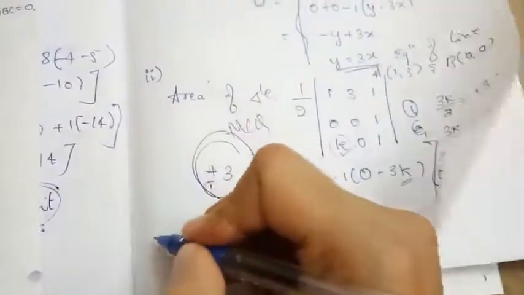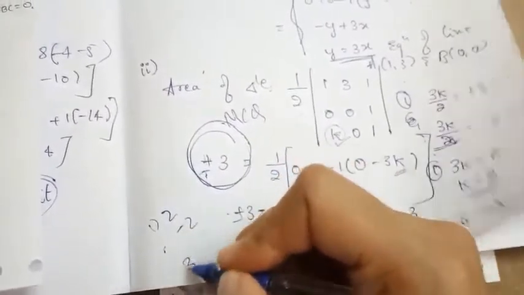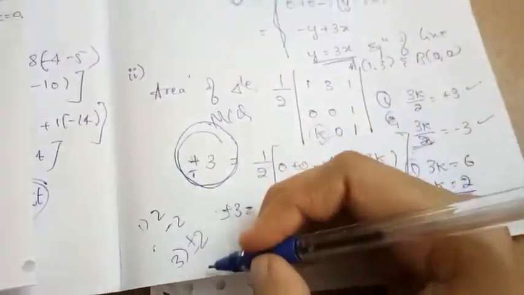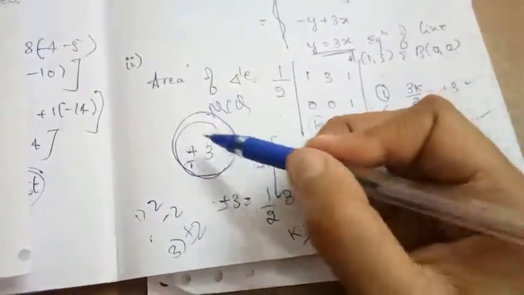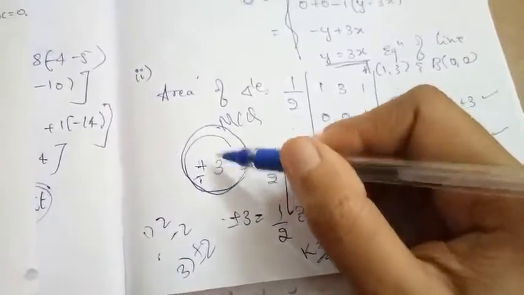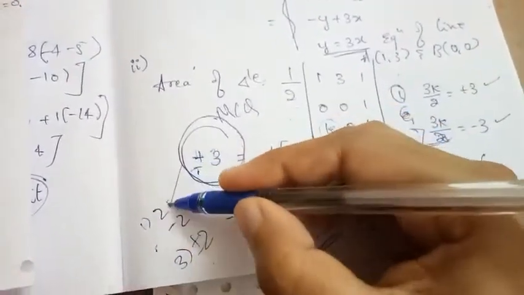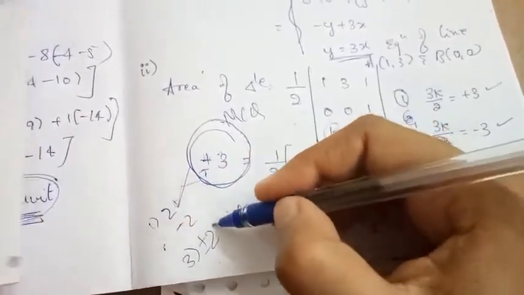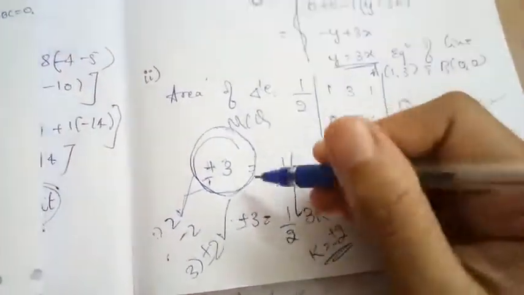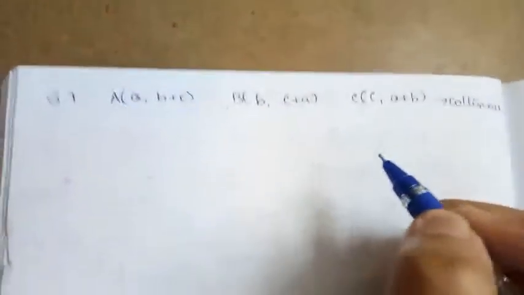They will give the first option as 2, the second option as minus 2, the third option as plus or minus 2, and the fourth one as all the above. In this case, if you didn't concentrate on the note I said, if you consider only the area as 3, you will tick the answer plus 2, but this is wrong. You should tick plus or minus 2. That's why I am saying please remember this note, which is very important. So let us move to the next question.